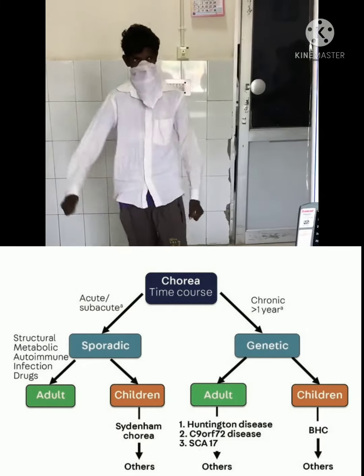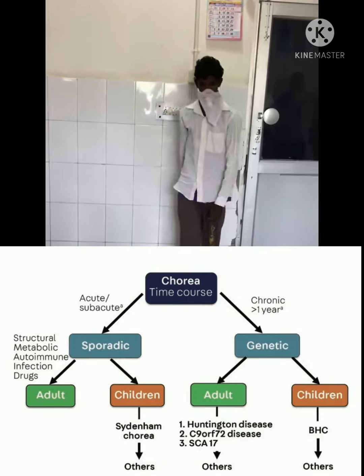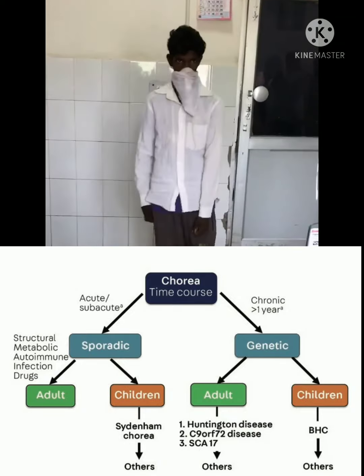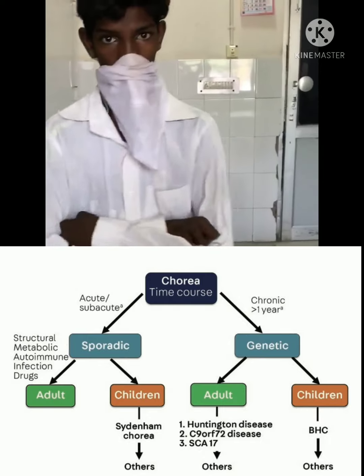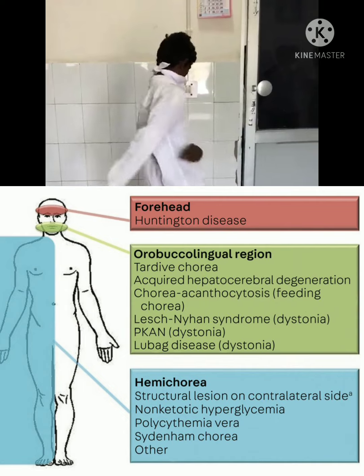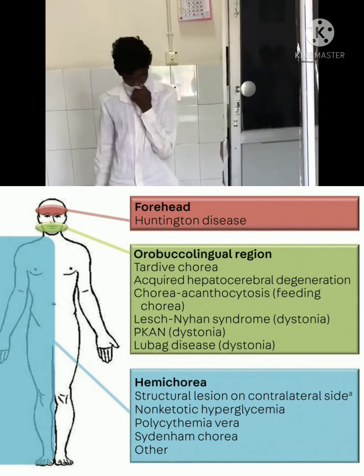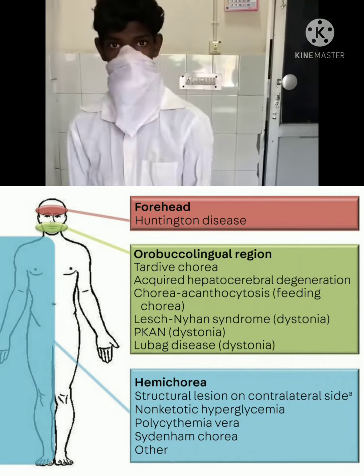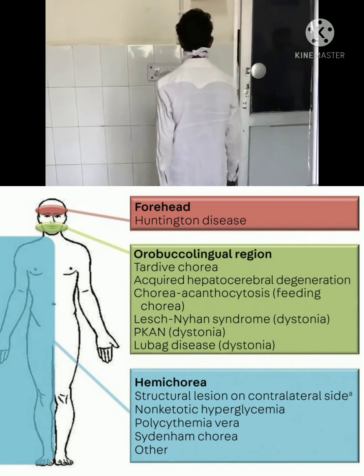Based on the time course, this can be sporadic or genetic. In sporadic cases, you can see structural or metabolic dysfunctions. In children, you can see Sydenham's chorea. In adults, Huntington's disease is seen. Also, based on the site, we can rule out many diseases. For example, if the face is involved, then Huntington's disease is seen. If hemichorea is present, then Sydenham's chorea can be seen, or there is a structural lesion on the